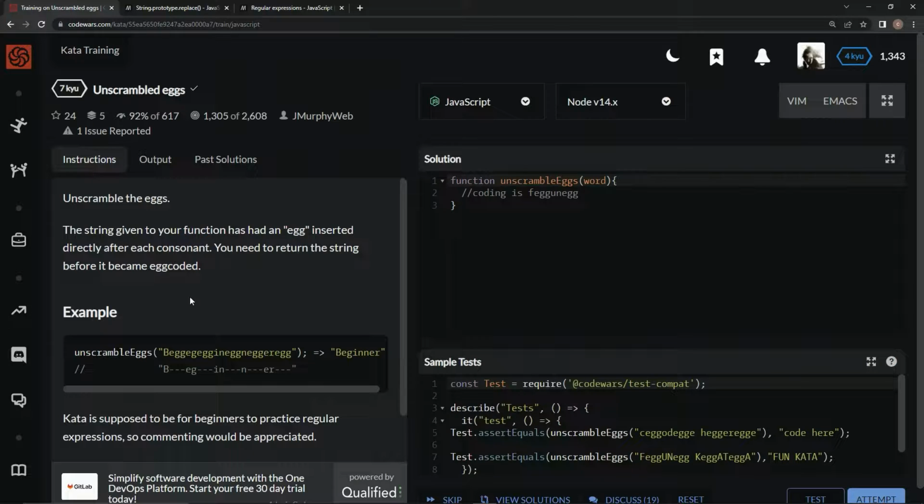So something like this, there's going to be an egg after each consonant, so it'll be "beginner" like that when we take all the eggs out. So we could do something like this. We could say for let i equals 0, while i is less than word.length, i plus plus. And then we could say something like if word at i